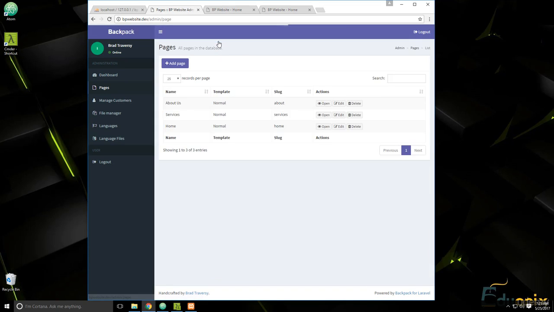So there's a lot of features in Backpack, and it's actually one of my favorite Laravel packages or suite of different packages. All right, so that's what we'll be building, guys, something a little different,